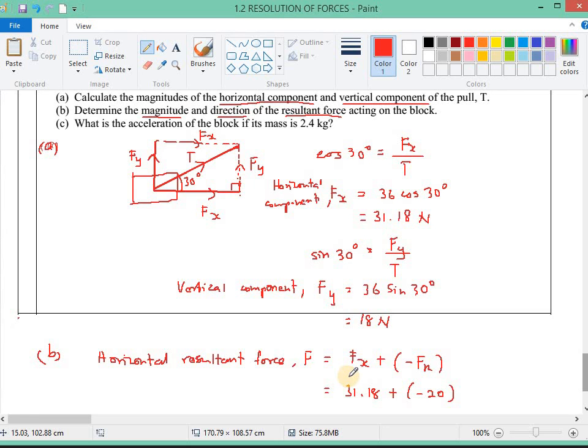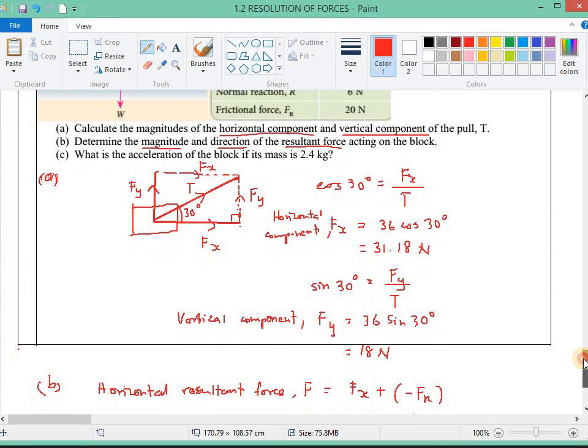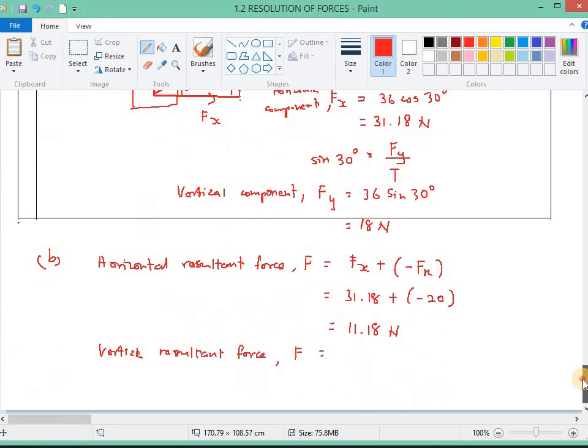To determine the magnitude of the resultant force, besides this horizontal resultant force, we need to calculate another one, which is the vertical resultant force. I will put F also, which is Fy going upward, Fy